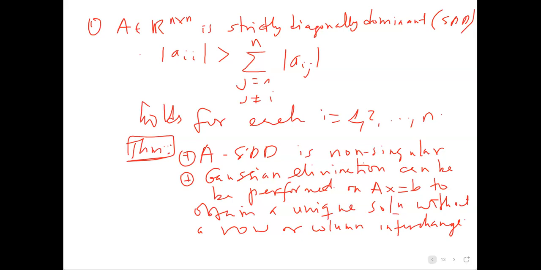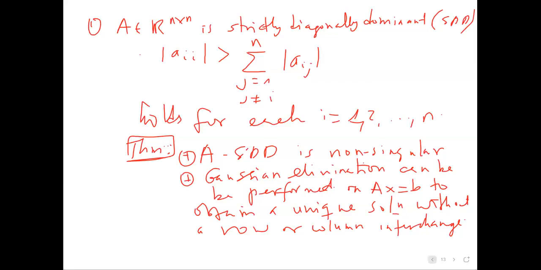So it's also a good criterion to know if the system you are going to solve requires a row or column exchange. You can use the idea of strict diagonal dominance to check if you need this. Okay, and there's a whole proof for it, but I'm not going to address this proof. The next one that I want to talk about is what we call